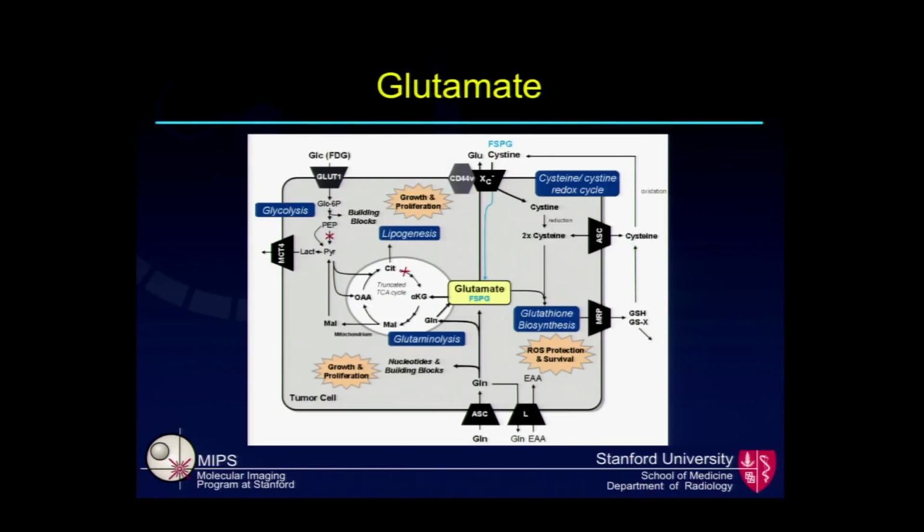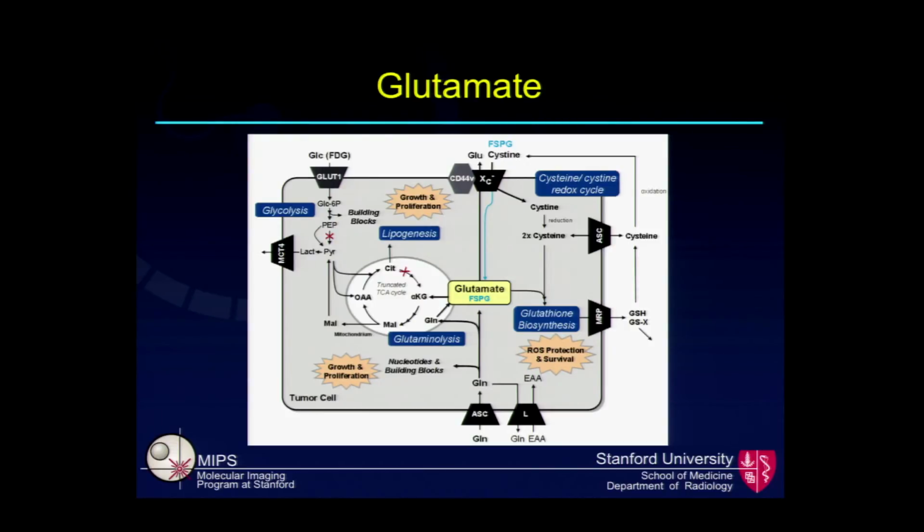One that is really up and coming is called glutamate imaging. This is a very complex slide, and all I mean to show you with it is that this glutamate molecule has a very central role in many different functions within the cell. So if you could image non-invasively what's going on with that glutamate, that would be very interesting to know. Again, we think cancer cells have much more glutamate than other types of cells. And secondly, if you can block that glutamate from being within the cell, then you could potentially block the cancer cells from